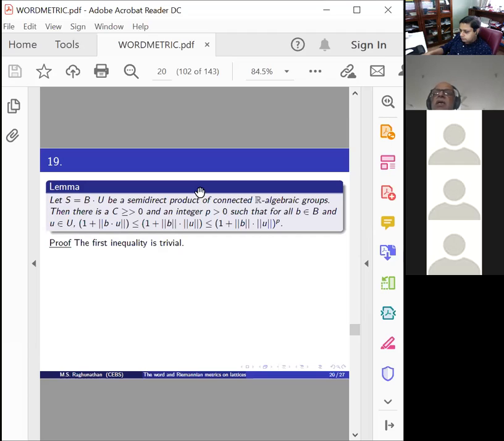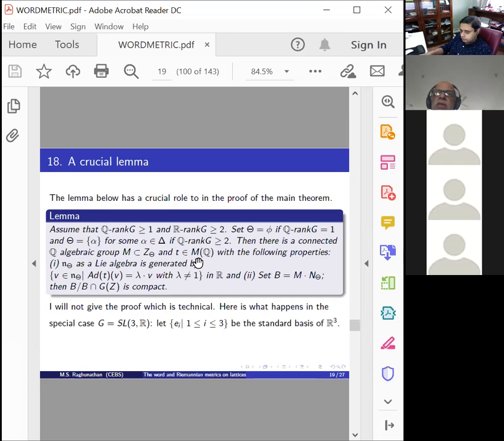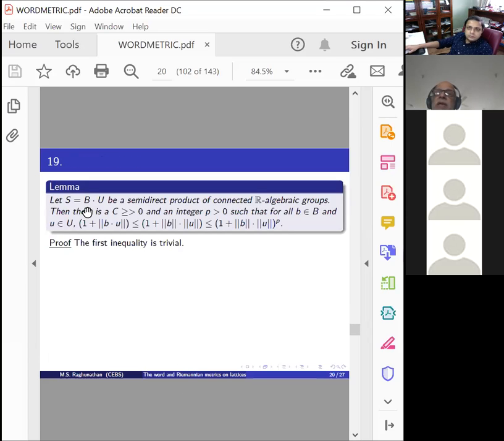Like what I had postulated earlier, I want to assume that there is an element T in B with the property which I seem to have forgotten to mention. So there is an element T in B with the property which I mentioned in the last lemma. Now, once there is such an element, then